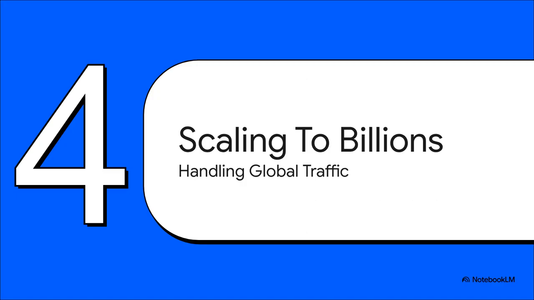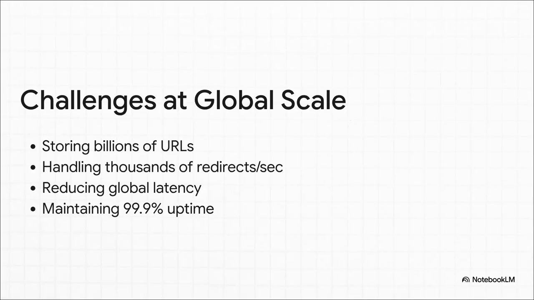All right, so our system is fast. Awesome. But now for the next level. How do you make this thing work reliably for literally billions of people scattered all over the planet? This is where we get into some really serious large-scale system architecture. Because once you go global, a whole new set of headaches pop up. Your single database starts to choke. The sheer fire hose of clicks can totally swamp your servers. And, of course,